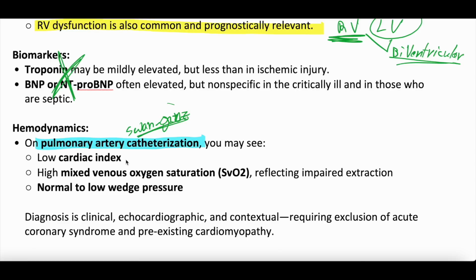But it would show a low cardiac index, right? That would tell us the heart is not pumping out enough blood. It often has a high mixed venous oxygen saturation, and then a normal to low wedge pressure. These are really advanced topics. These might not make sense to many people out there, and if they don't, let us know in the comments, because we could put a video out specifically on these different measurement devices, if that would be helpful. But for the sake of this lecture, probably not worth us doing a deep dive in each one of these things, because they could be their own hour-long lecture in and of themselves.